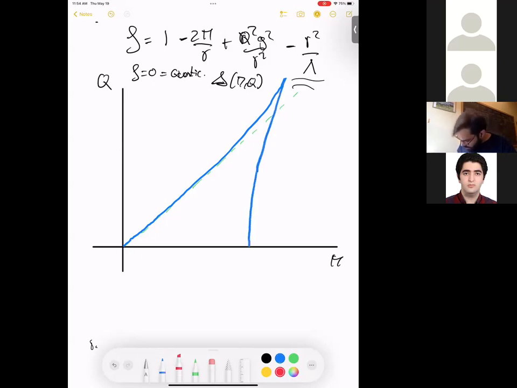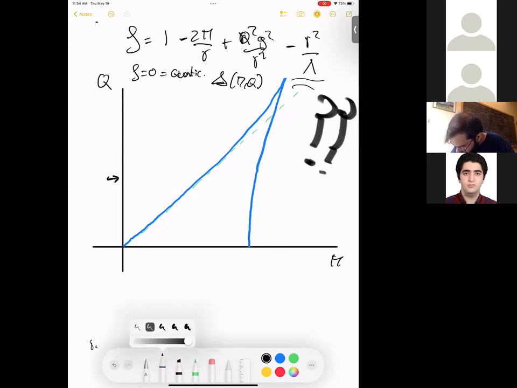And then, I don't know about you, but the first time I learned about this, I was very, very confused. What does this mean? What am I saying? What I'm saying is that good black holes, like actual black hole solutions, only exist in a bounded region in the QM plane, okay? So what I'm saying is that for instance, any value of the charge that you pick,